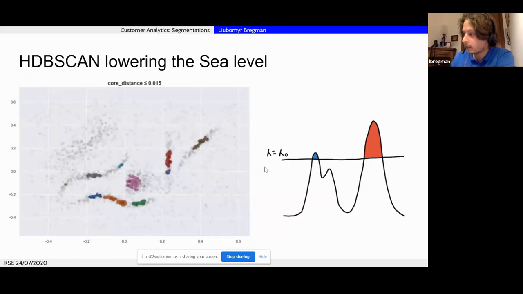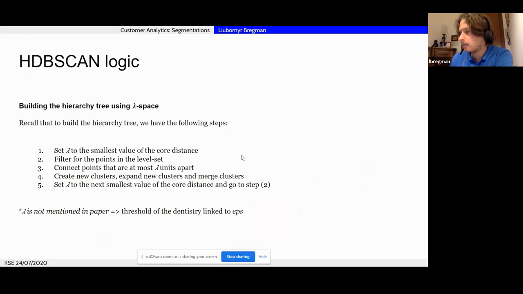And then in this algorithm we have a criterion called lambda. It starts with a lambda which is very small, and then we continue to grow lambda.